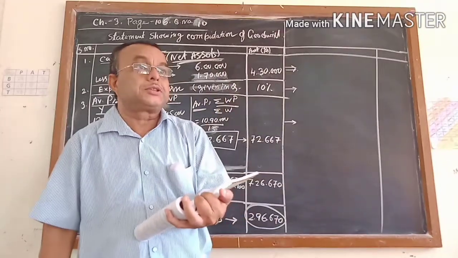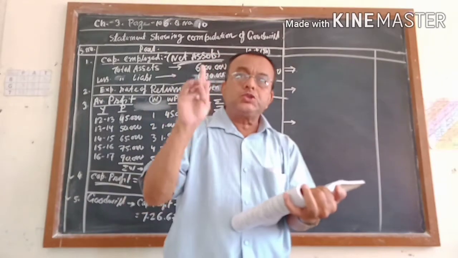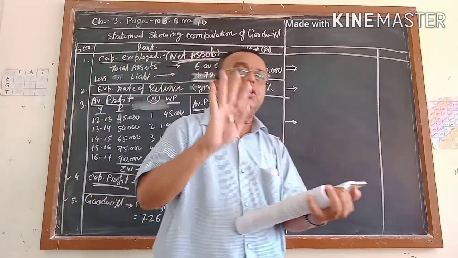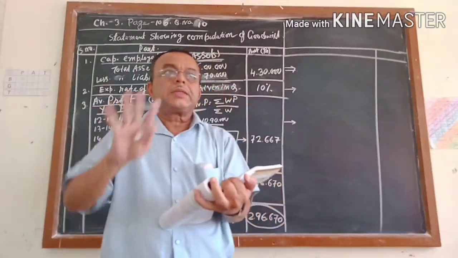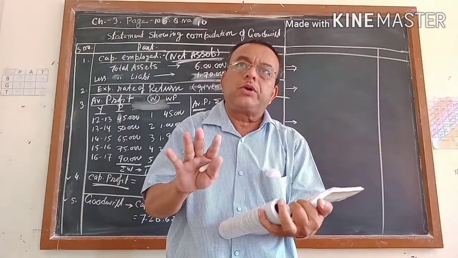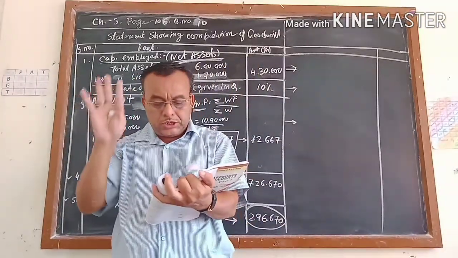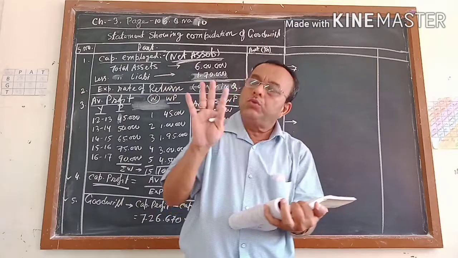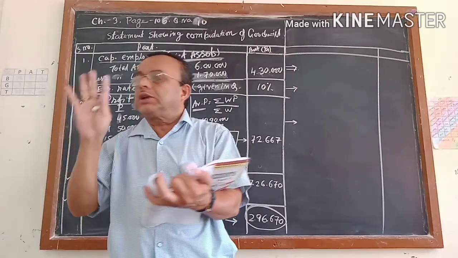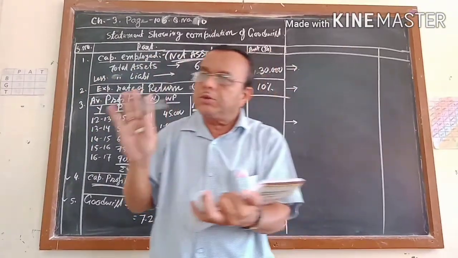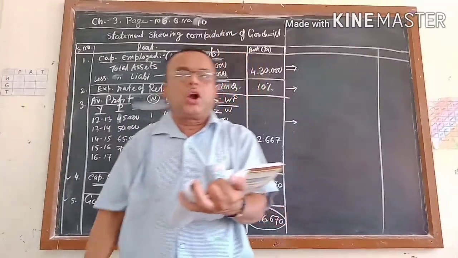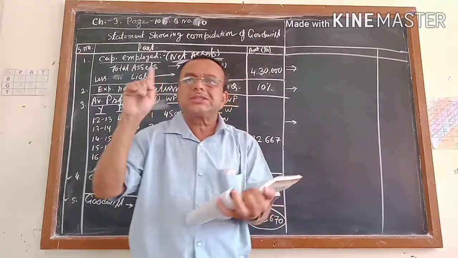If capitalized super profit method is given in the question, what do you have to follow? In the super profit method, you followed 6 steps. The common 5 steps from the super profit method you will follow. Once again, if capitalized super profit method is given in your question, then we will follow the formulas of the super profit method. The super profit method has a total of 6 steps. But for the capitalized super profit method, we will follow the first 5 steps of the super profit method, and only not follow the last one, which is the 6th step.